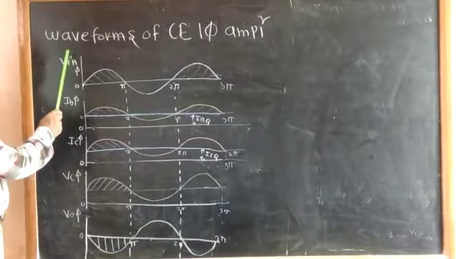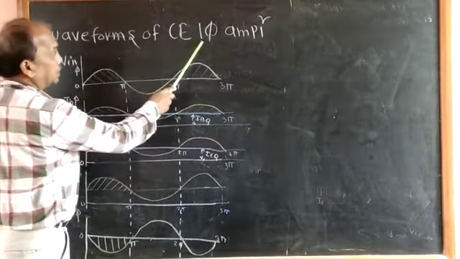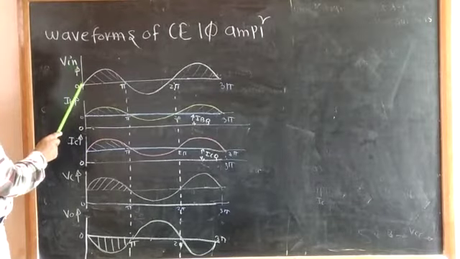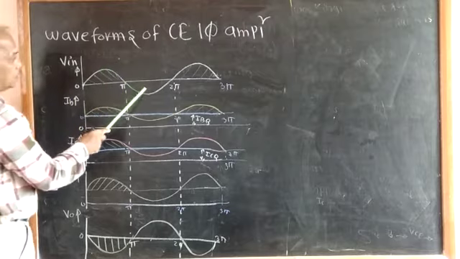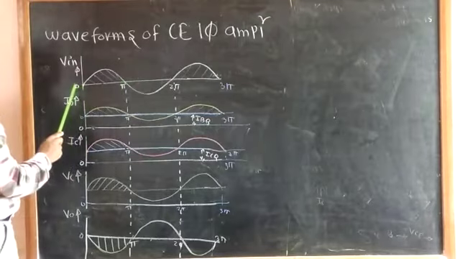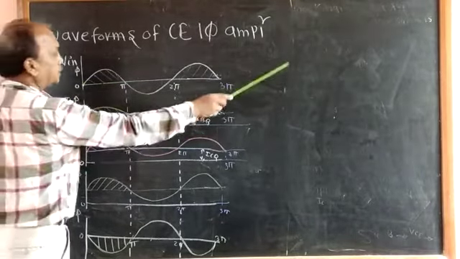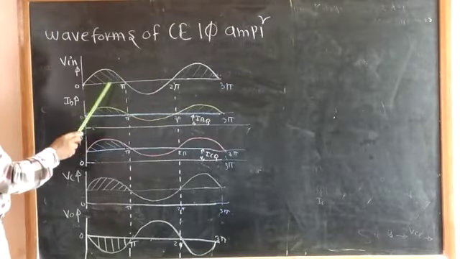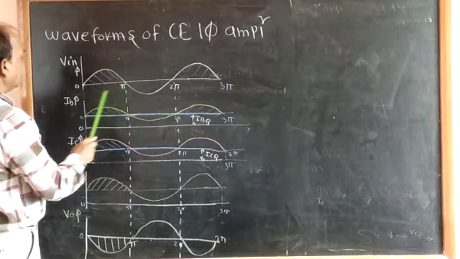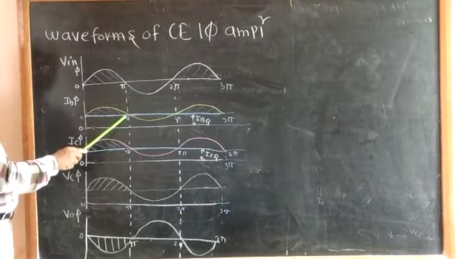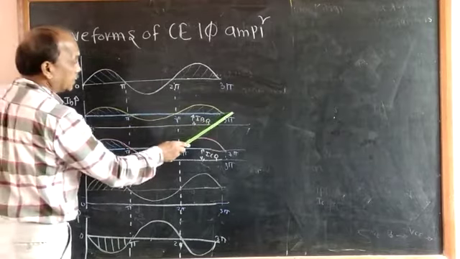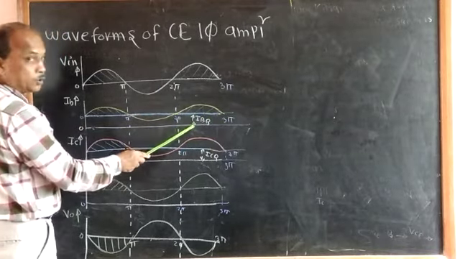Now we will study the waveforms of a common emitter single stage amplifier. Now this is the input signal waveform. This signal contains positive half cycle, negative half cycle, again positive half cycle, negative half cycle continuously. Okay. Now the time duration is 0 to pi, 2 pi, 3 pi, 4 pi in this way. Now this is a sine wave signal. Okay. Now due to this sine wave signal, base current IB is also a sine wave. Now this base current contains one DC component, which is a straight line, that is DC current. It is indicated by IBQ.